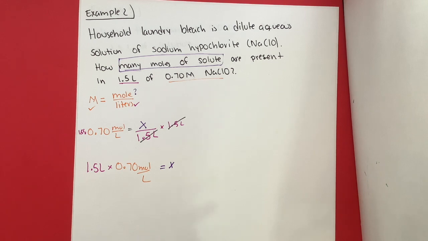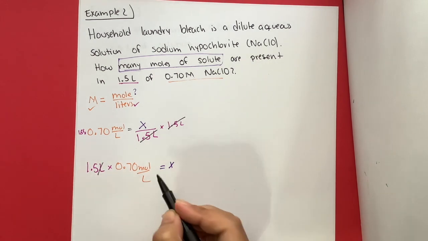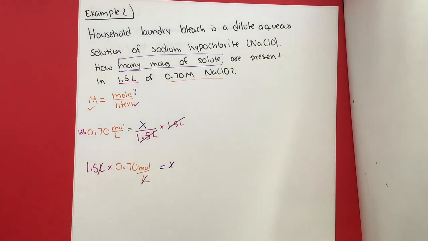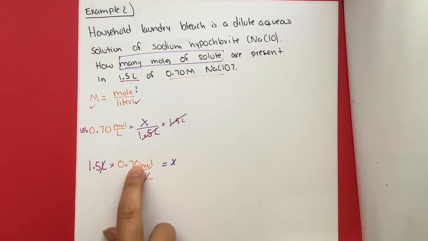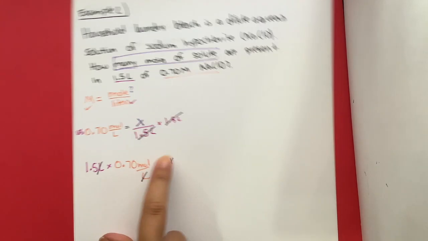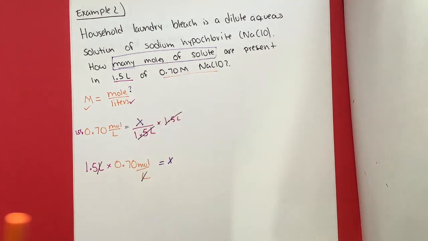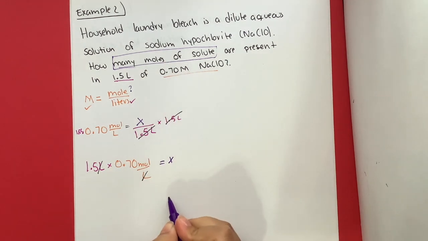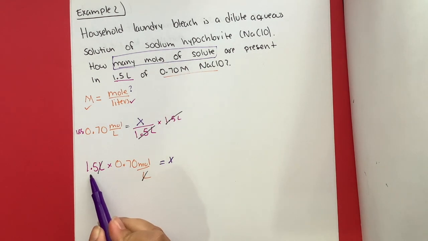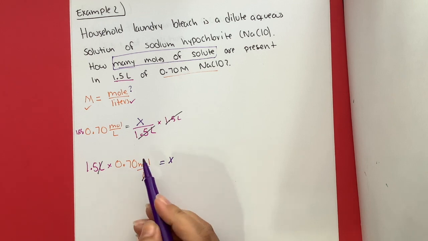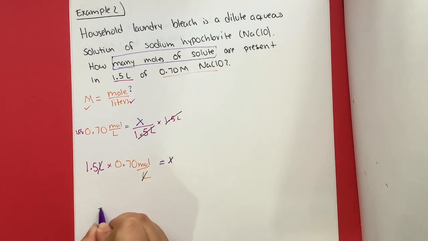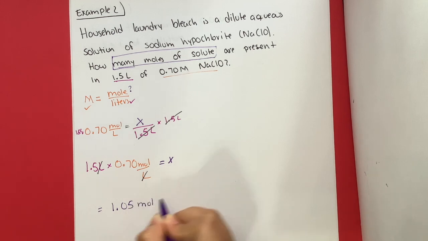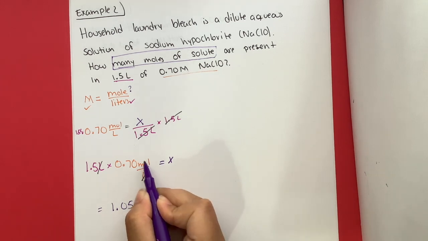If I look at my units, I'm going to notice that the liters cancel each other out. And it makes sense that moles is the only unit left because I'm looking for moles. So now I multiply 1.5 times 0.70 and get 1.05 moles,